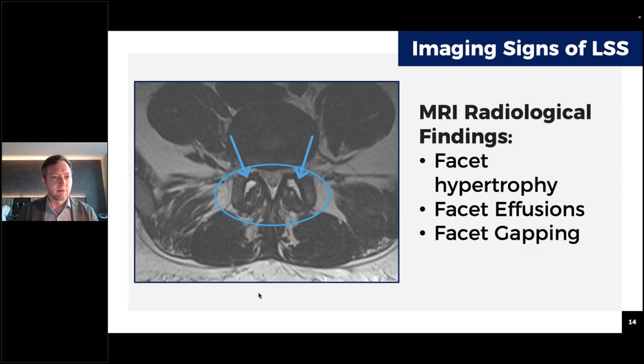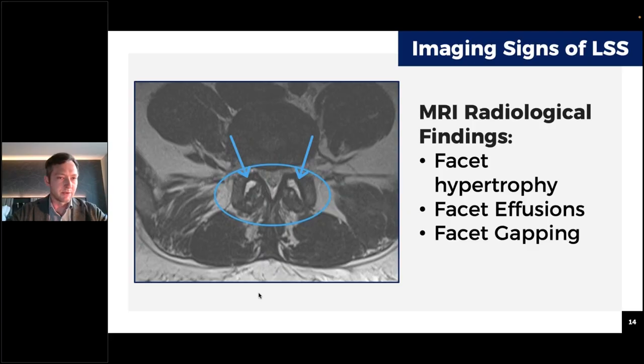And I said before that this is really your truth slice when it comes to assessing the degree of spinal stenosis. And here we have an example of, I would call this moderate to severe or even severe spinal stenosis. And we'll get to some of the associated findings here. When it comes to grading the spinal stenosis, really the only thing that matters is how much fluid you can see at the level. And so you will see that different grading criteria are used throughout MRI reports.